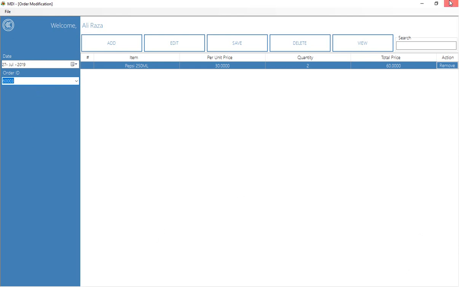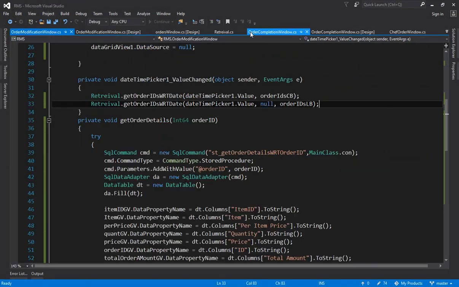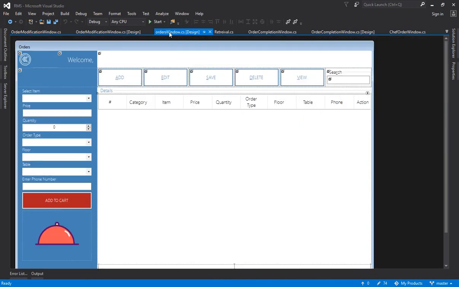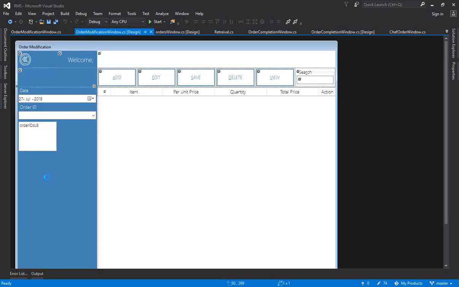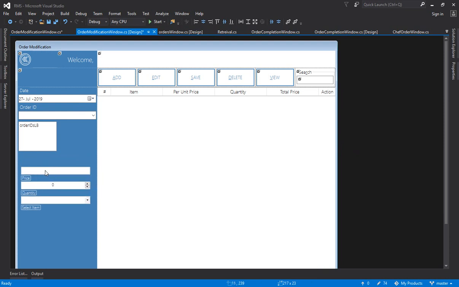For that purpose, let us go in the orders window. This is my orders window. Here you can see we have to select the item, we have to select the price, we have to select the quantity. These are the three things that we need here. Copy, because all the things we have already saved in the orders window, so you need these three things. So paste it here. Okay, I think this is my flow layout panel. So this is invisible. Okay, make it Control Z first